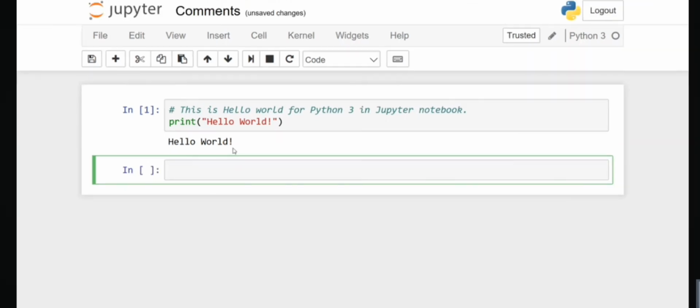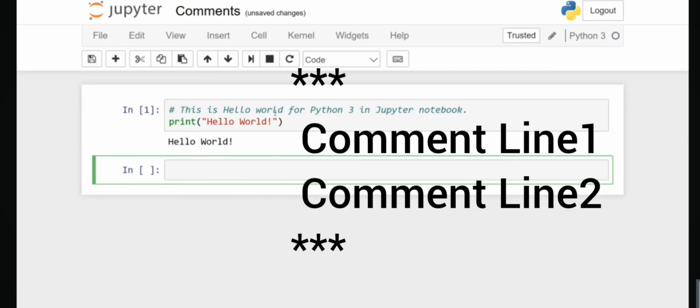For adding comments that are more than one line, you can use three asterisks and then write the comments and then again end the comments with